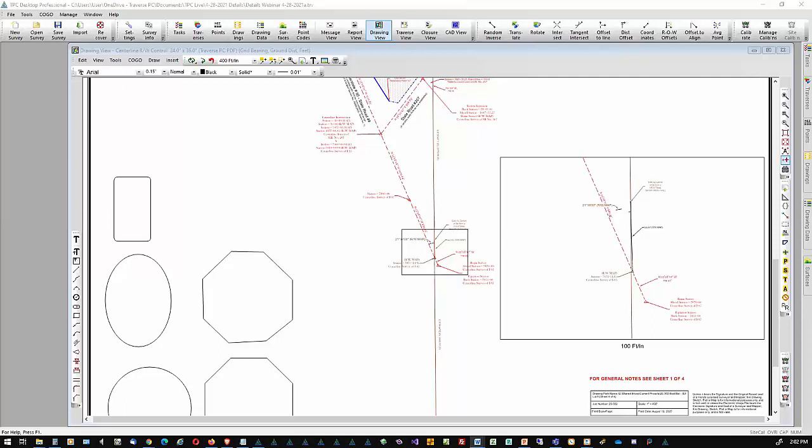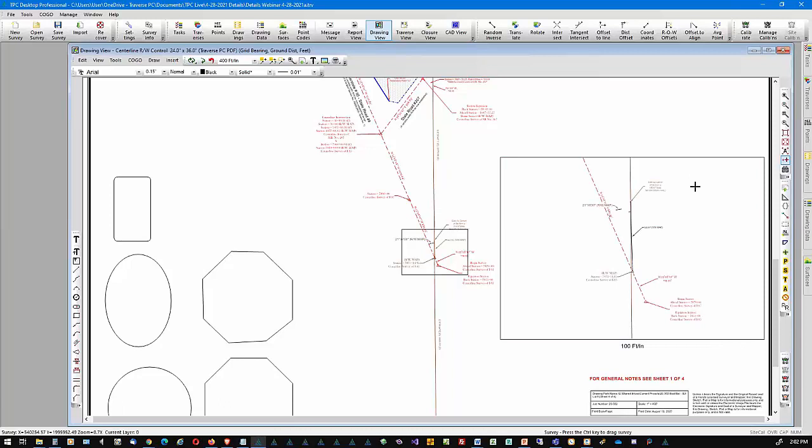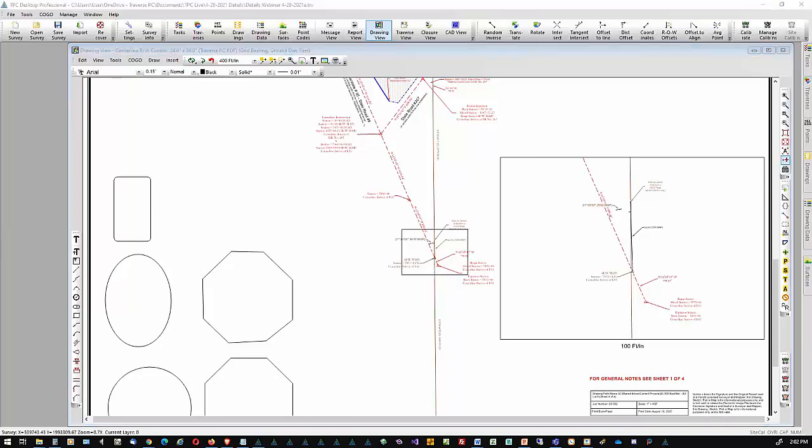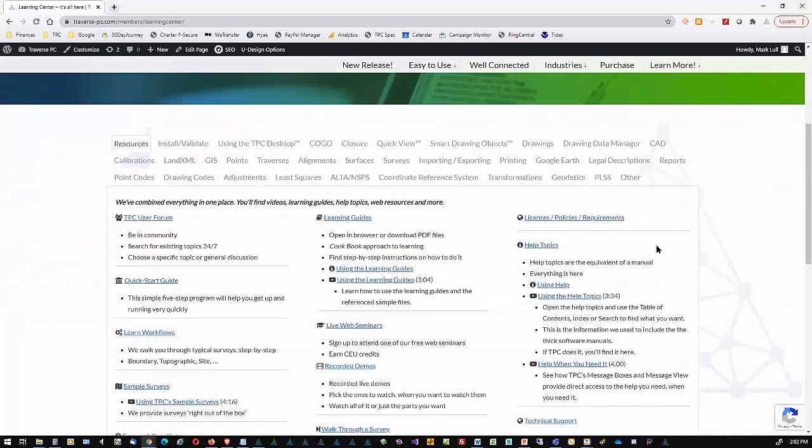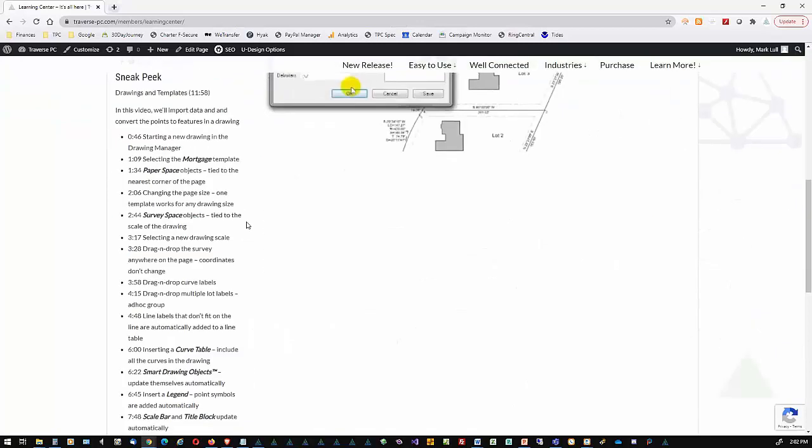All right, so if you don't have the professional edition, you won't be able to create the details using this tool. We have had a method available to you for quite some time. And let me just point that out to you if you're not on the professional edition. If you were to go out to the Learning Center, if you go out to the member area and go to the Learning Center, in the Drawings Learning Center,